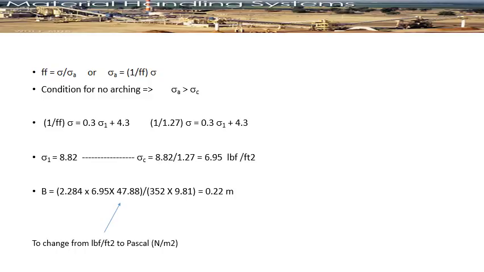Once again, the 47.88 is to change from pound force per foot square to Pascal, which is in Newton over meter square. If we check the units, you can see that the h theta is unitless. The 6.95 multiplied by 47.88 is going to be Newton over meter square, and in the denominator we are going to